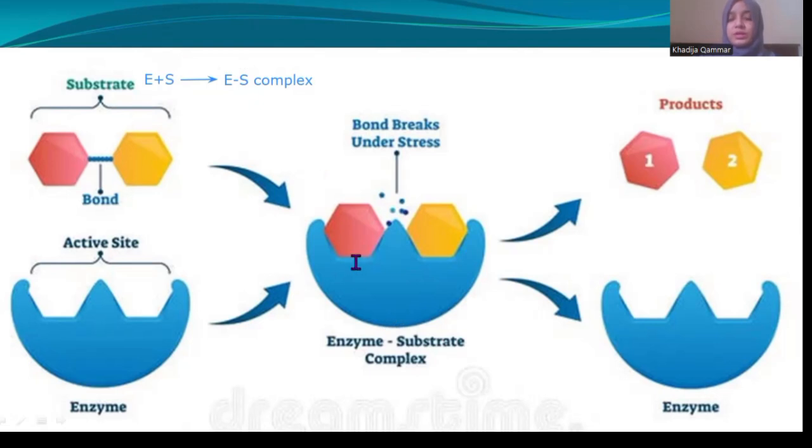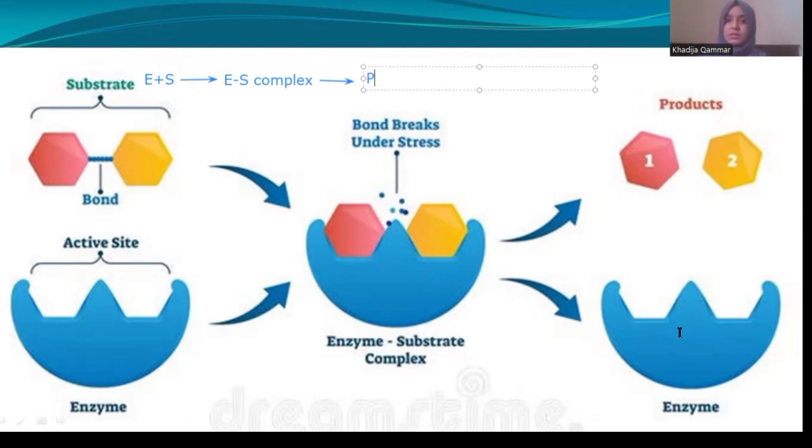The substrate will be converted into products during the reaction. These are products. The enzyme-substrate complex will change after the reaction into products. Importantly, you can see that the enzyme itself is not permanently changed and can therefore participate